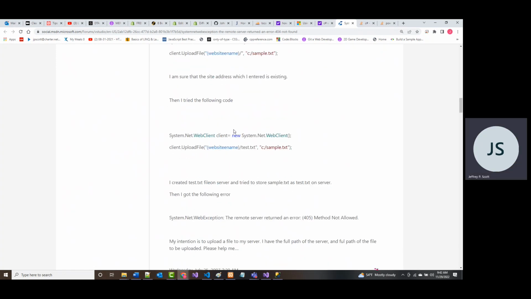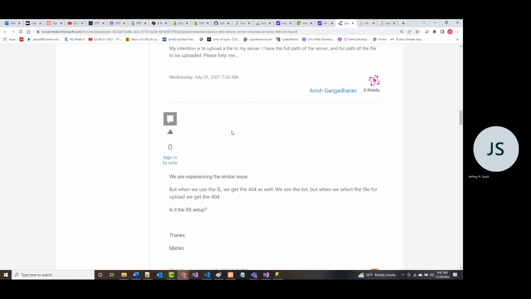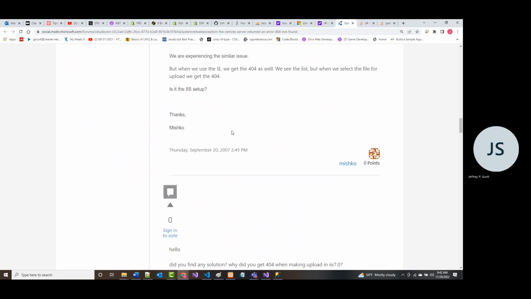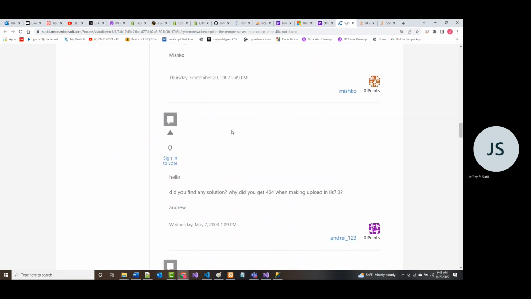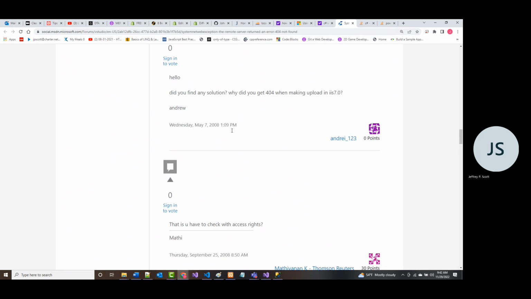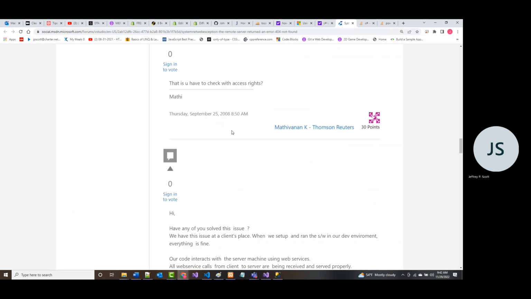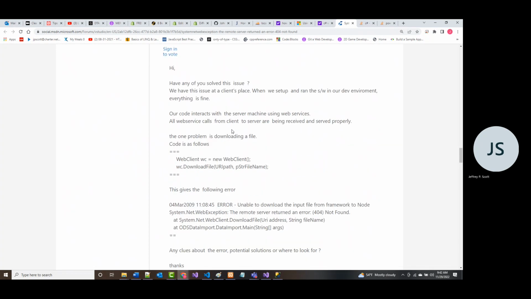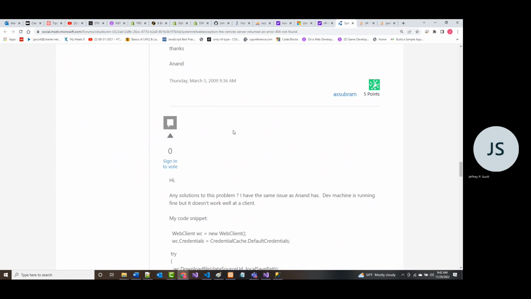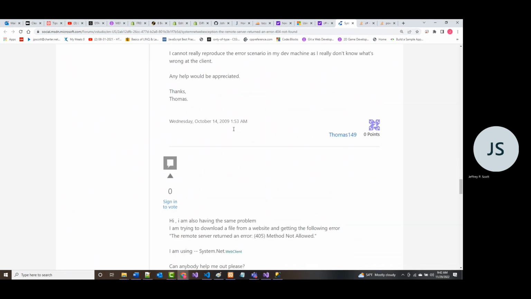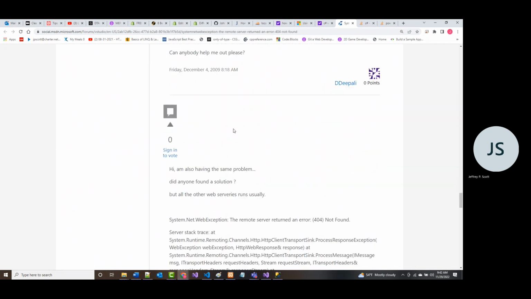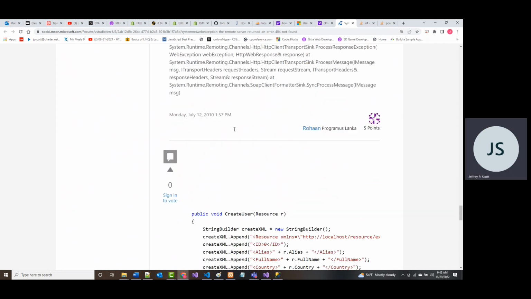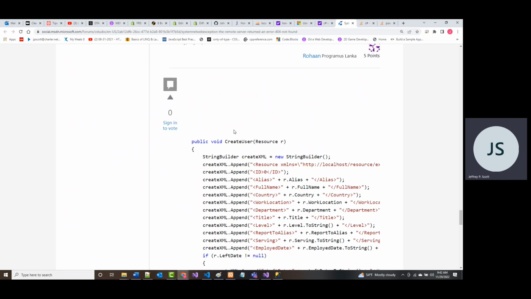Again, they're doing something totally different in here. Well, whatever it was on here, everybody's having the same problem.